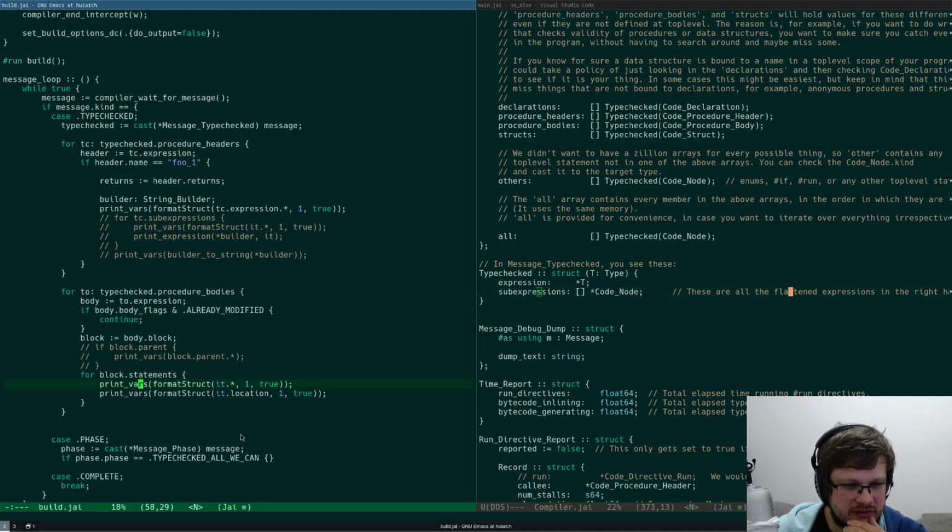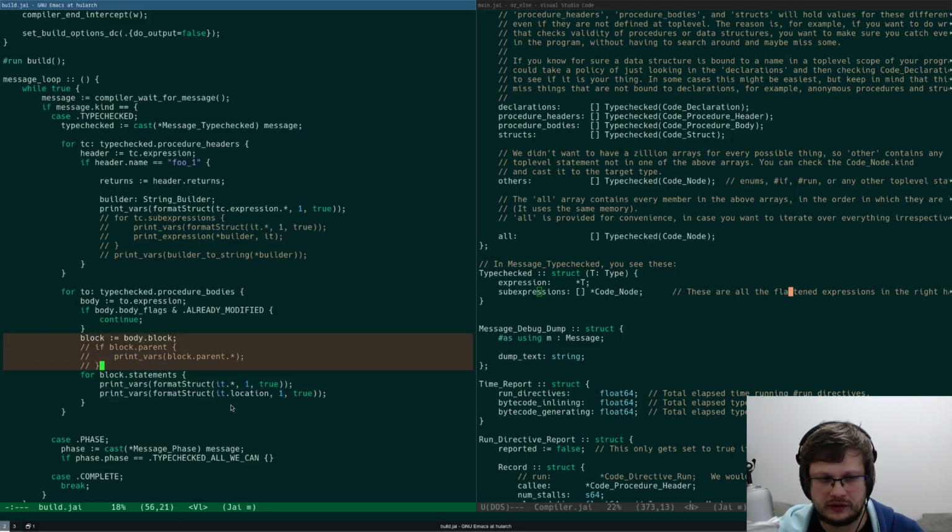Let me actually print. So I have block, parse the block.